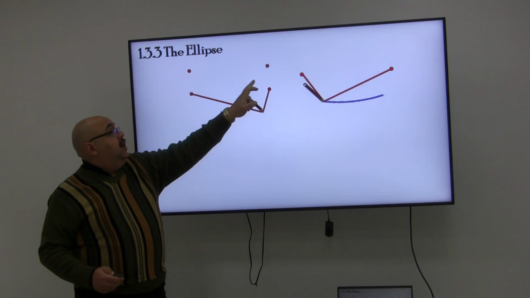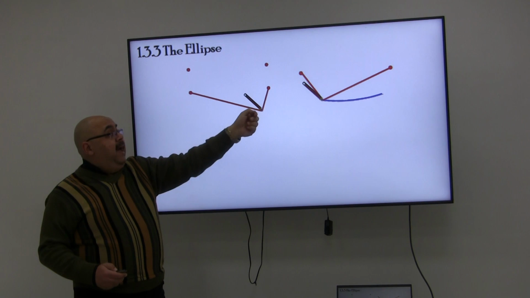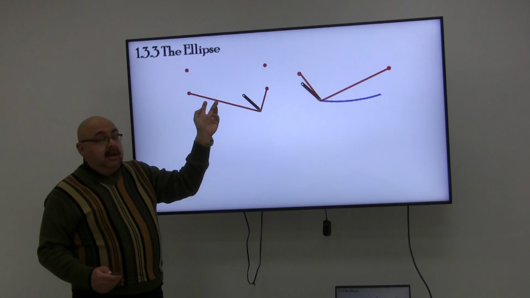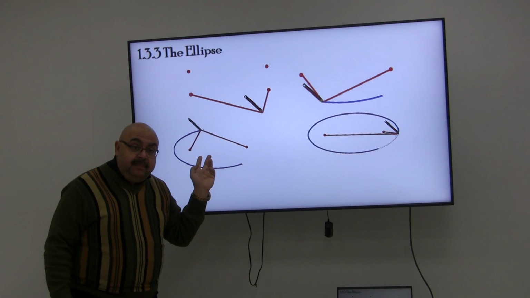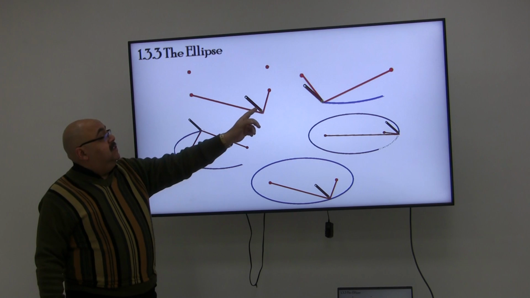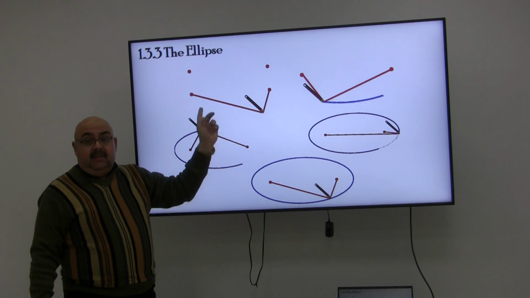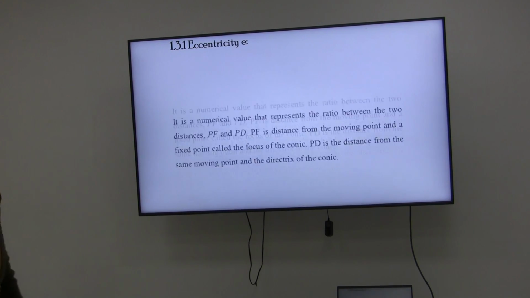Be careful, this distance is constant, and this is my pen, and I will try to move it so that the two lines stay tight. As a result, you will be able to draw an ellipse, as you can see. Okay? So it is the moving point that I'm telling you about, which is x and y, and this is how we can draw it. Look, Nada and Faten, please stay with us.